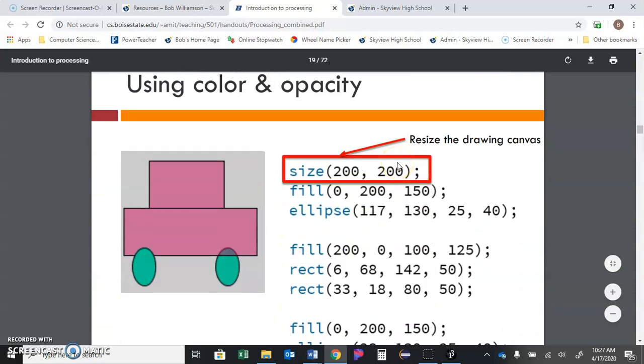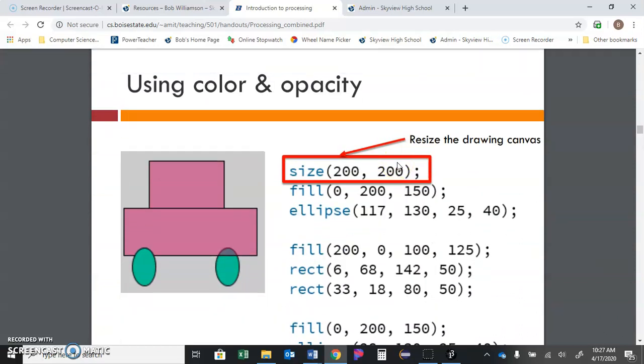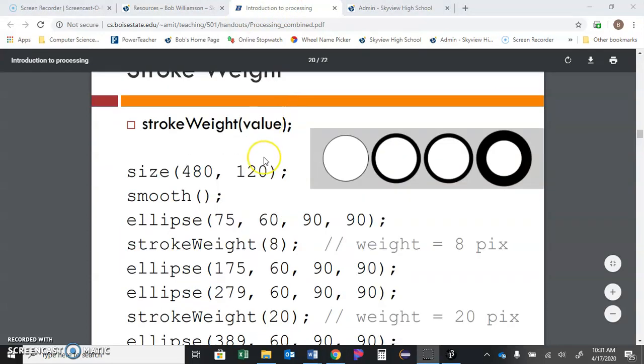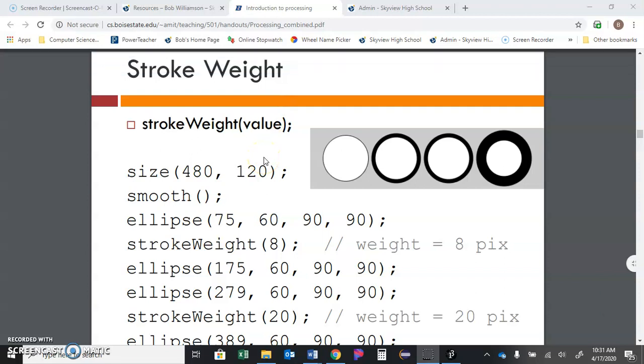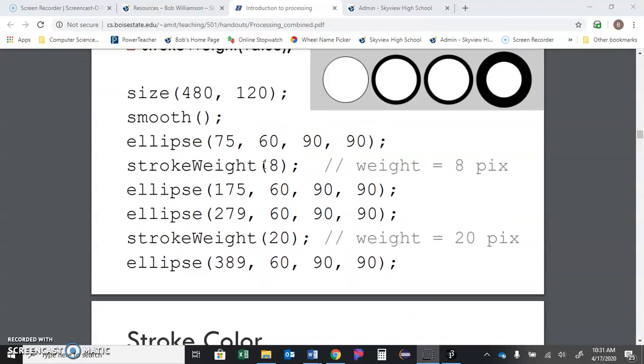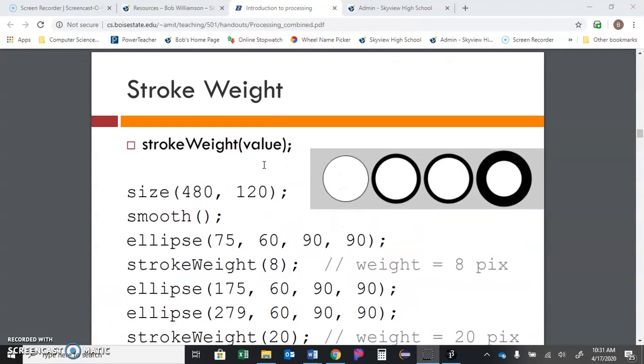So you can create various designs, shapes, drawings. And the weight of the line that is being used can be adjusted as well, and that's called stroke weight. So I'm going to continue that example in my next video,